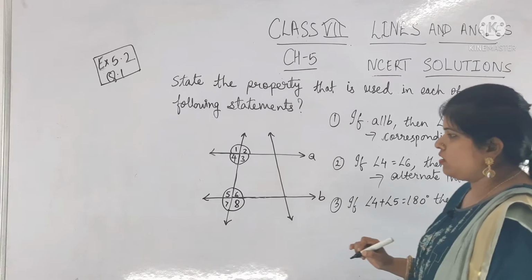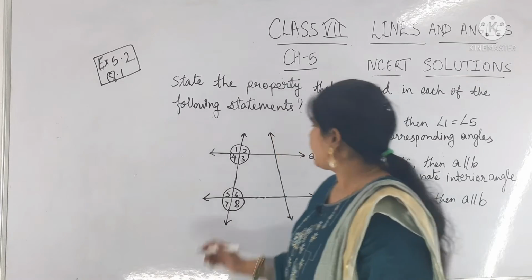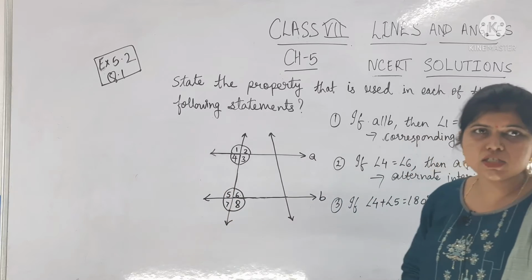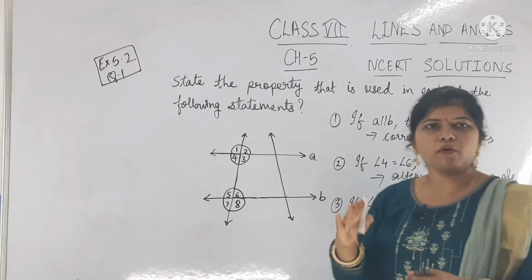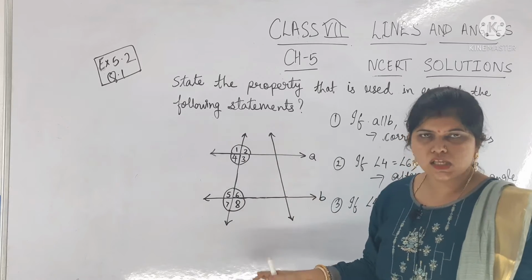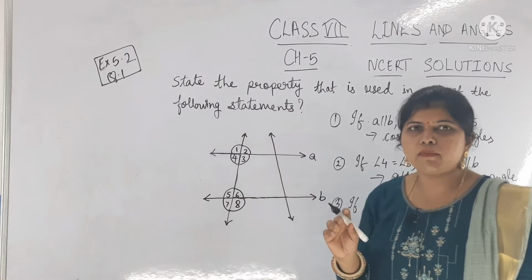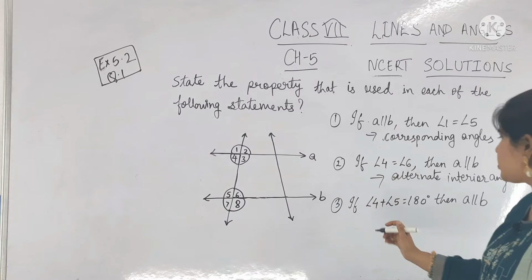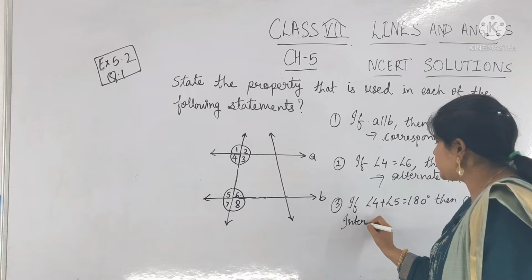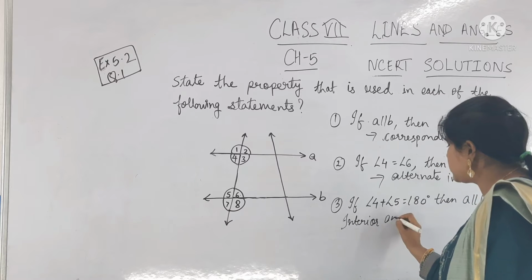Number third is: if angle 4 plus angle 5 is equal to 180 degrees, then A is parallel to B. You can see that angle 4 and angle 5 are interior angles. We know that the sum of the interior angles on the same side of the transversal is 180 degrees. This is the transversal and it is on the same side. So the reason is interior angles